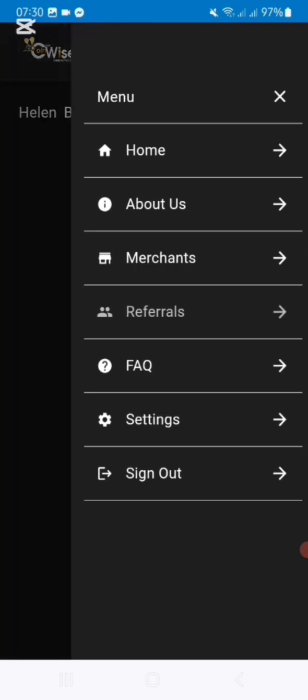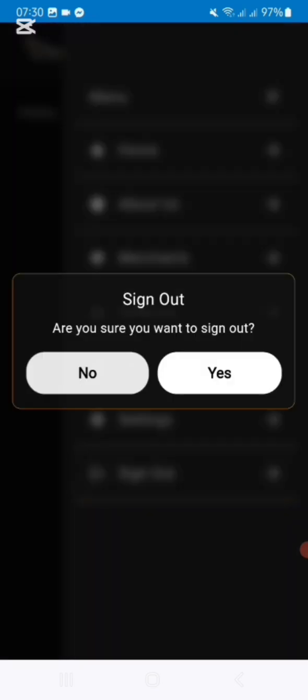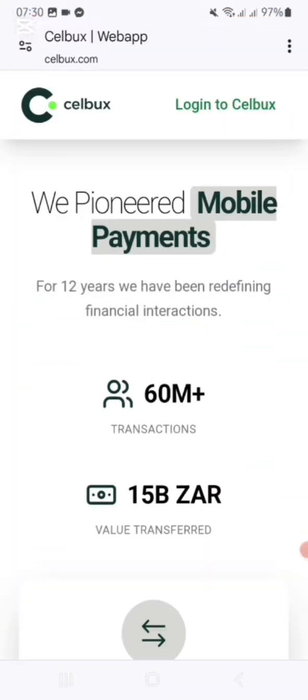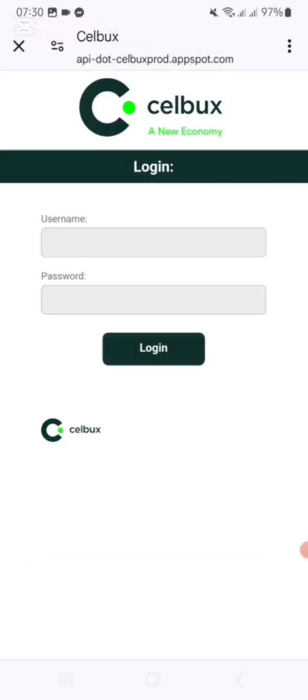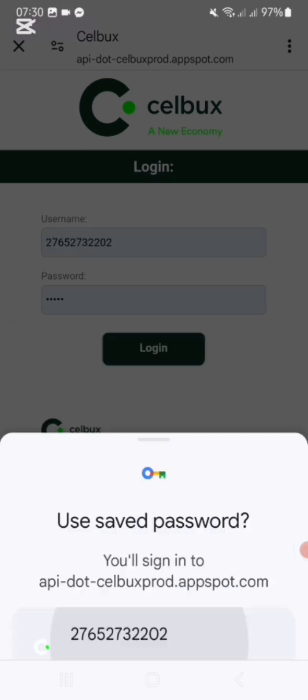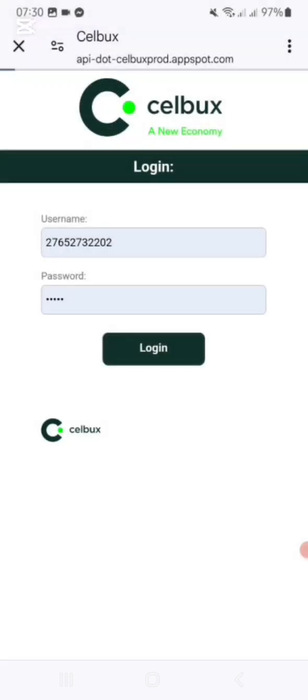Now let's log out here. Sign out. Do you want to sign out? Yes. You're going to close it here at the bottom, the Cellbox. You're going to say log in to Cellbox. Your cell phone number is already saved here at the bottom, so I'm just going to click on there, and remember it's that 5 digits that I sent you on a message, and you're going to say log in. It's got those lines at the top, so it means it is opening, so just be patient.